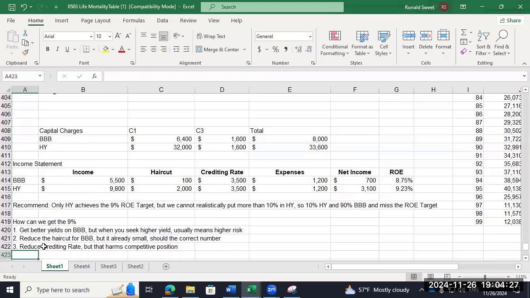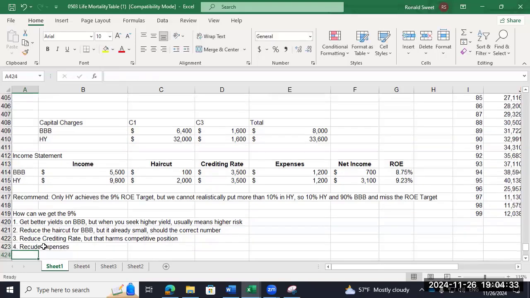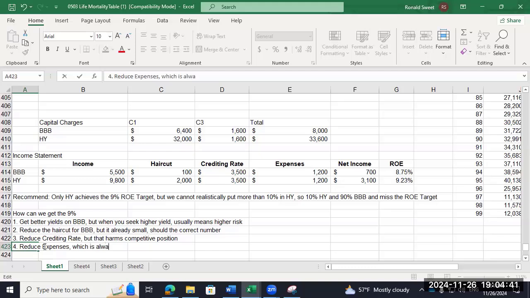So that's not good. Or you can reduce expenses. See, I'm just going across the income statement. Reduce expenses, which is always good unless it harms service,